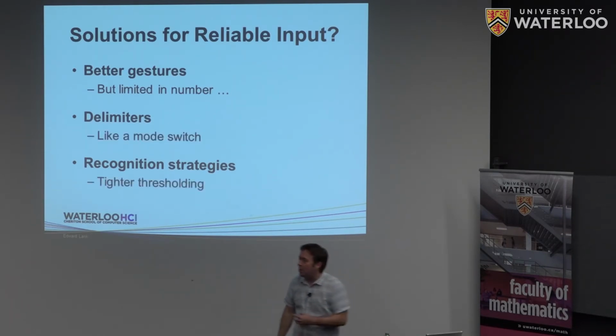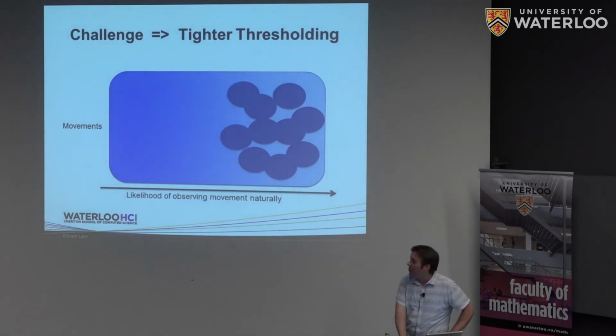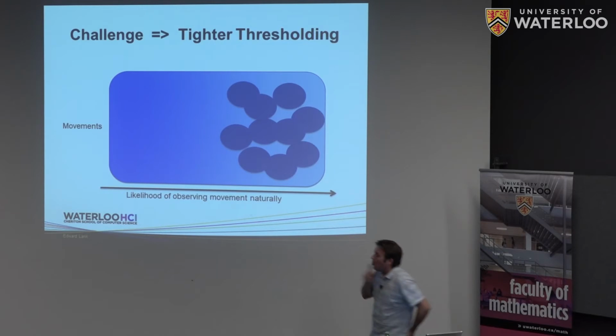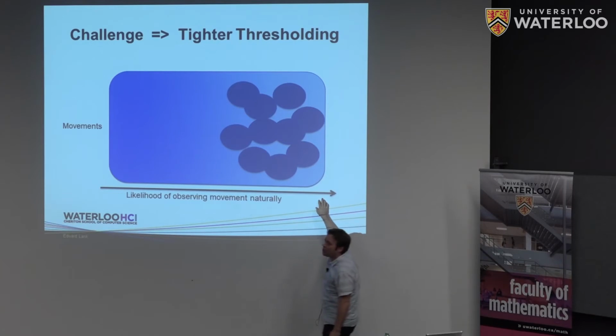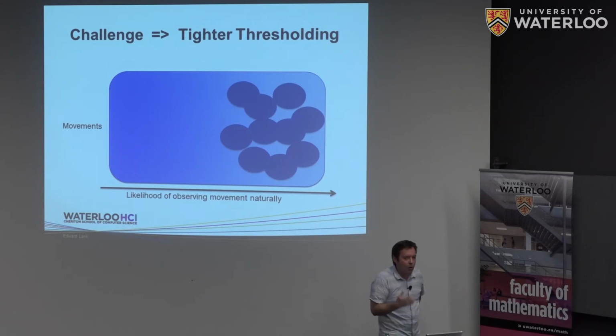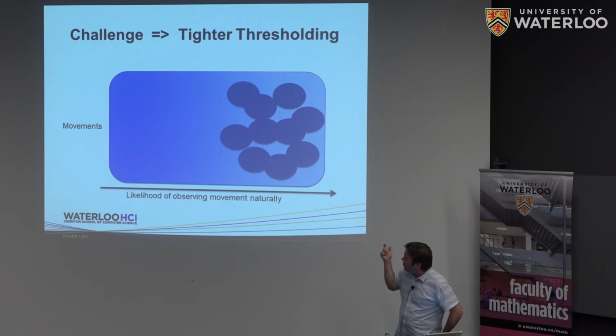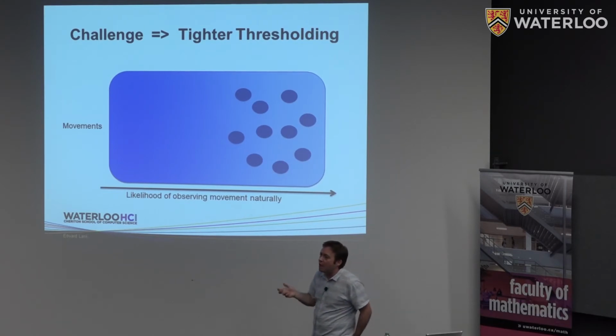And so one of the things that we've been playing with is recognition strategies, tighter thresholds, and their effect on users. So for AI researchers in the room, this is boring. I want you to go to sleep right now. But one of the things that I told you for non-AI researchers is that the likelihood of observing movements increases as you go across this space. And if you look at this space, the gestures that we tend to want to design are gestures that coincide with everyday movement. And there's a standard way to boost precision associated with that, so you don't have a lot of false positives, and that's to tighten thresholds. The problem is when you tighten thresholds, you suffer from a problem of recall.